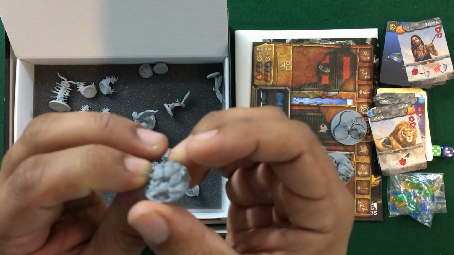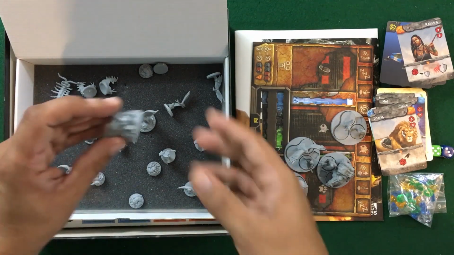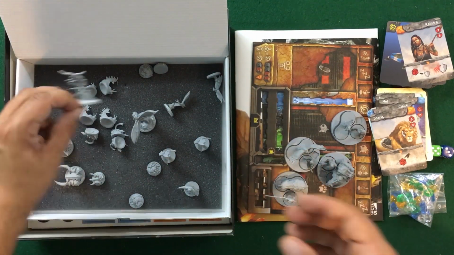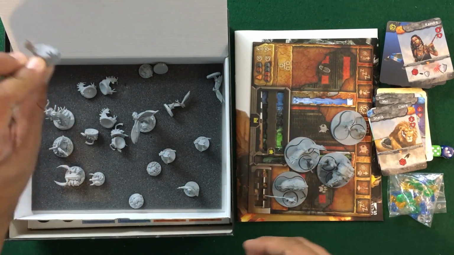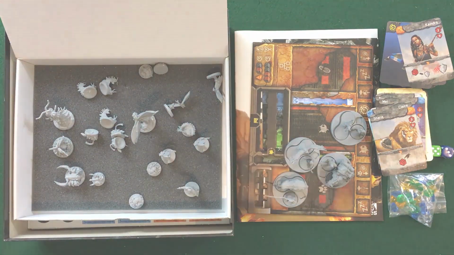Now, we've got some of these smaller beetles. You've got one of the larger beetles, so I'm guessing the boss beetle. Pretty cool. Then we've got the centipede and the mini centipedes. Now, I was going to show something separately, but after going through everything in the box,